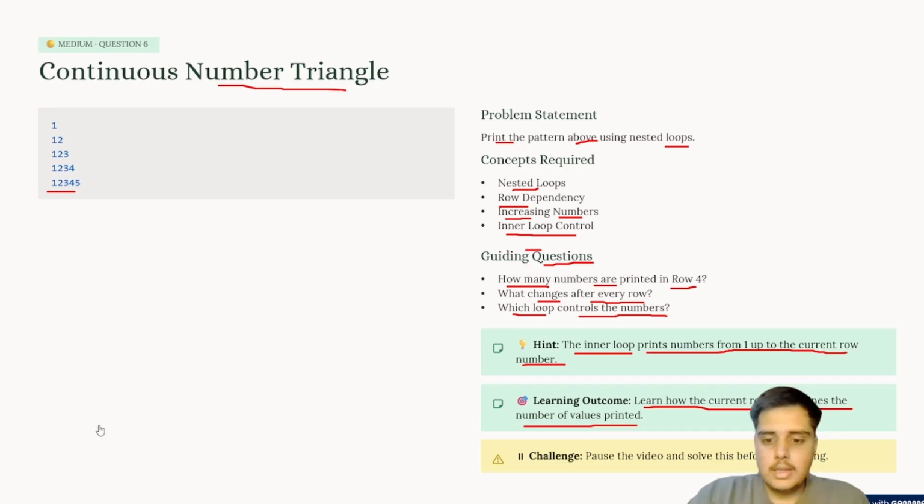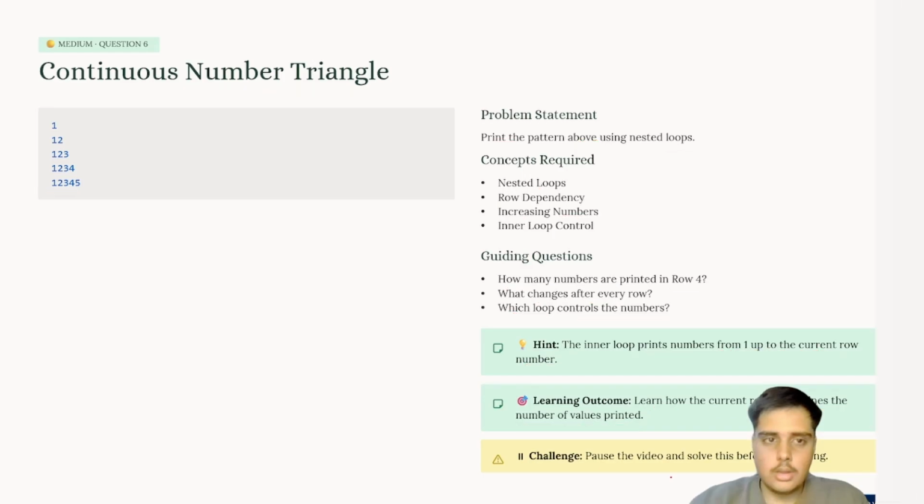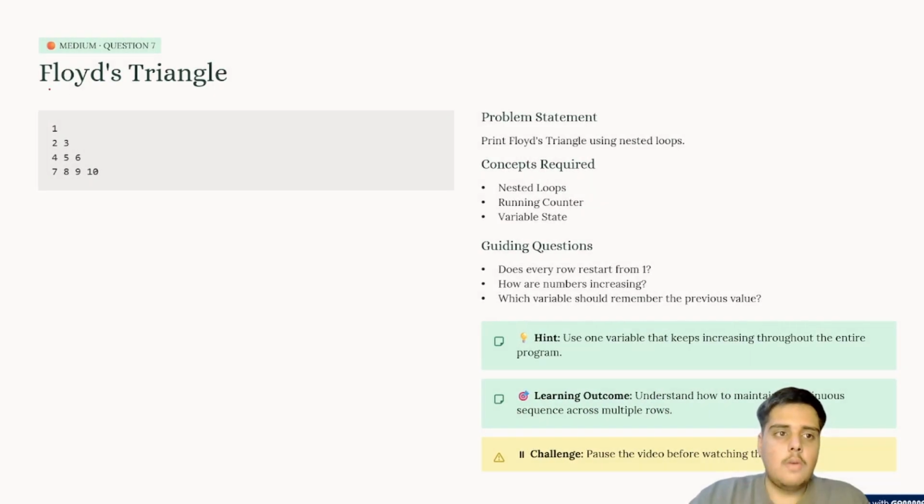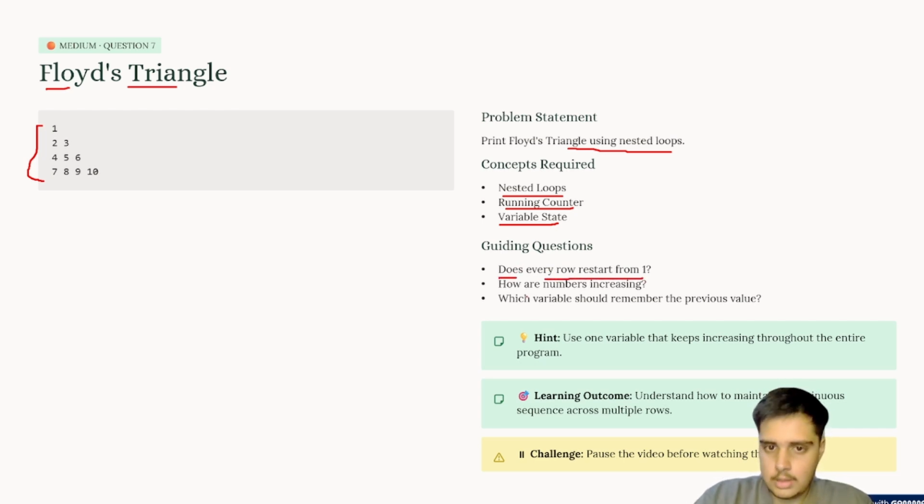Coming to our presentation, the question number 7, very good question. Floyd's triangle. See, this is how Floyd's triangle is. Print Floyd's triangle using nested loops. Concepts required are nested loops, running counter, variable state. Guiding questions: does every row restart from 1?